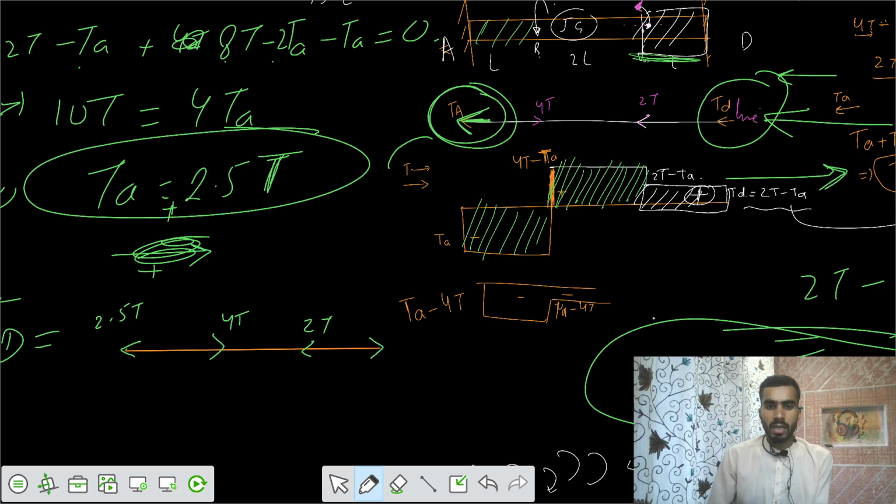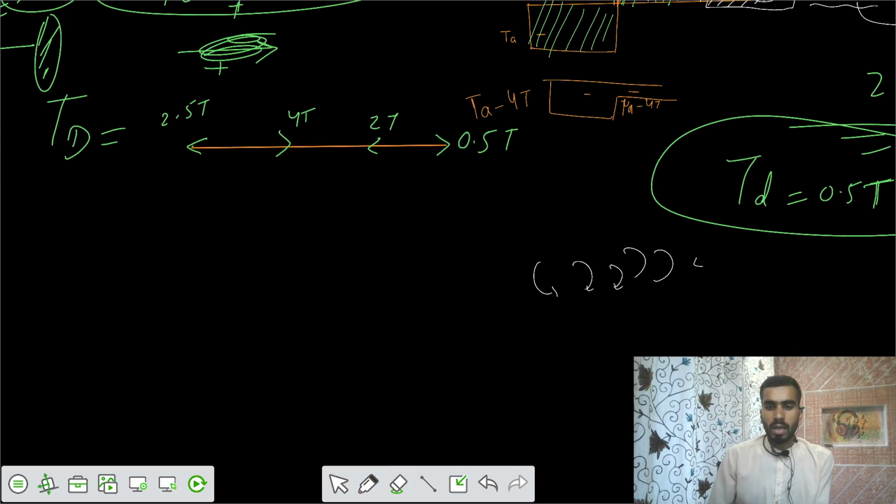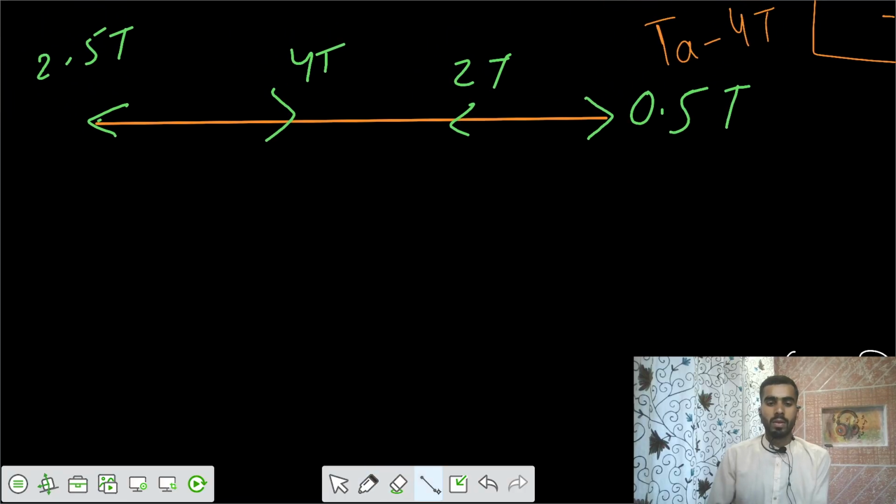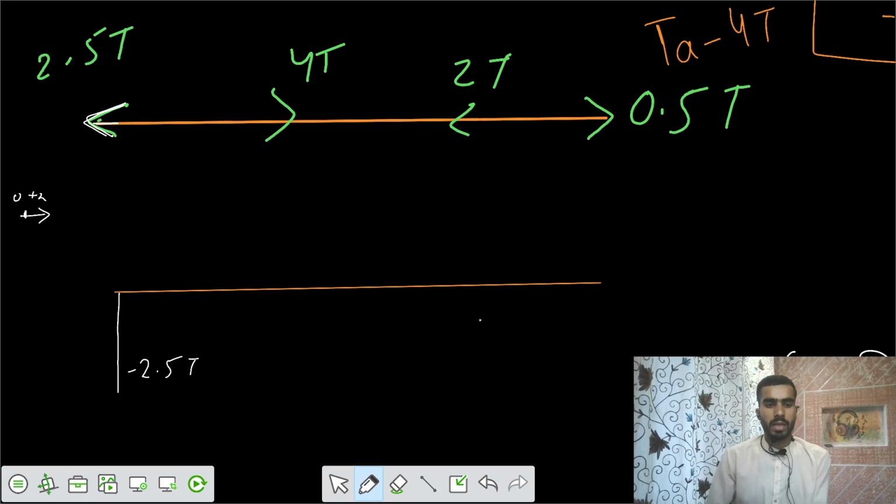So you have to say this is 0.5 T. And if you want to make the final torsional moment diagram, you can make that also. So let's say this is the reference line. You can say you have negative T. You are going from, say, 0 to some positive x, and you are facing a torque that is in the opposite direction. So minus 2.5 T, then after that constant up to this point, and your torque increases because